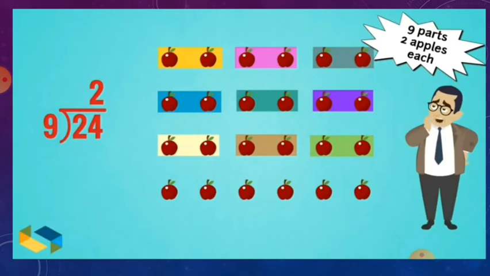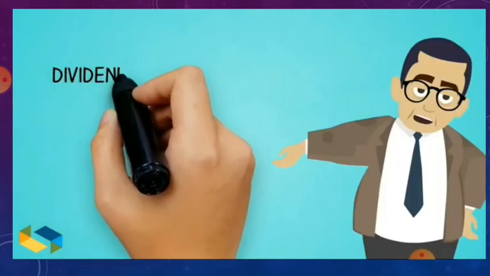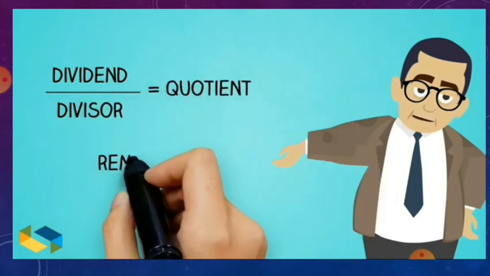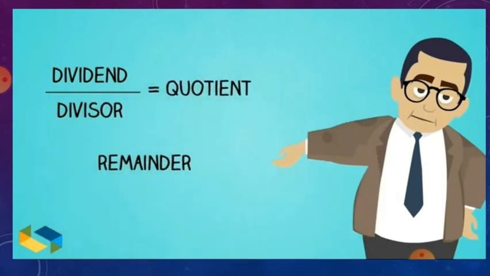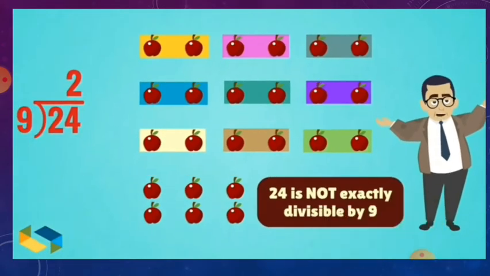And as you observe, we also get these 6 apples that are left over, which is called the remainder. So if you divide a number by another number to get equal parts, but also get some leftovers, the number is said to be not divisible. In our example, 24 is not divisible by